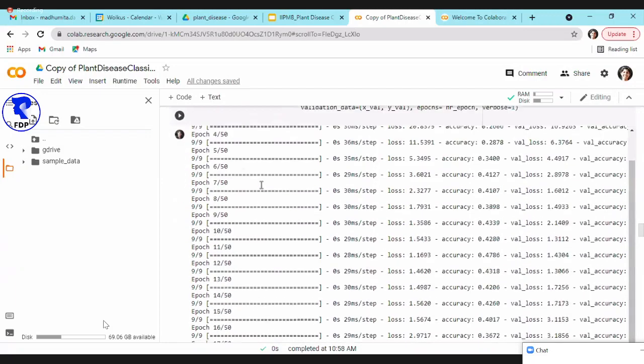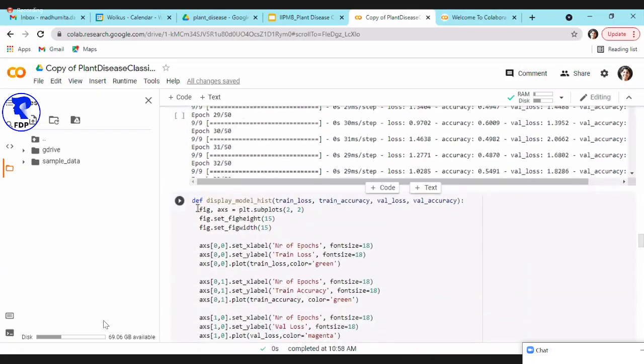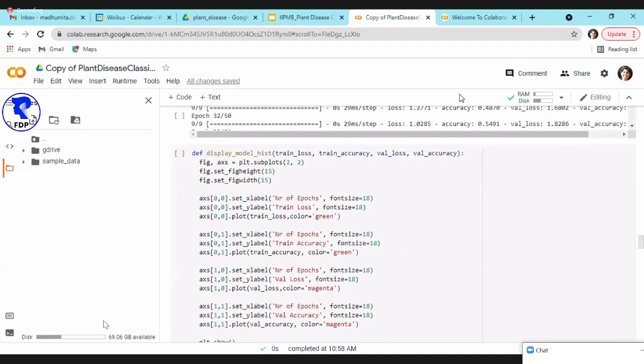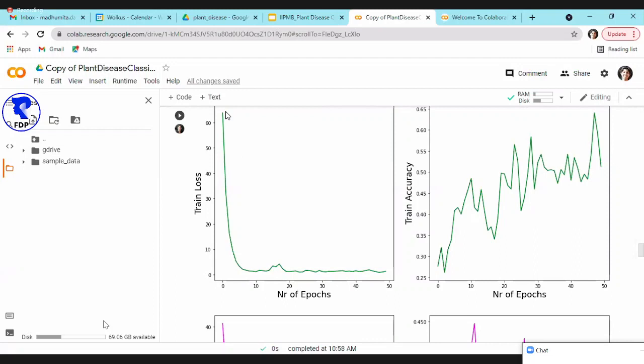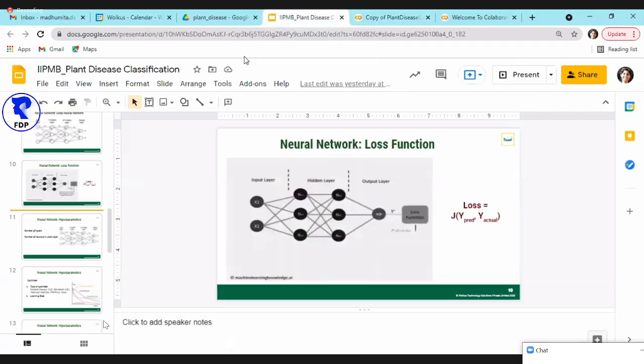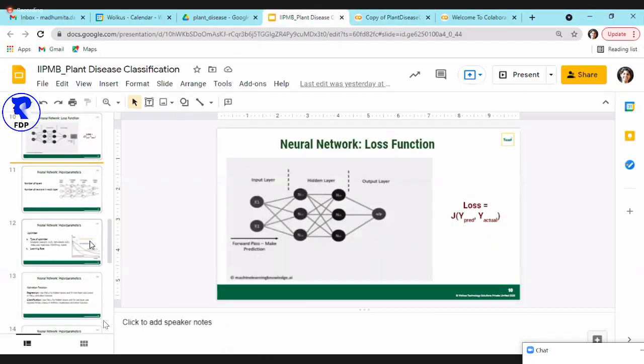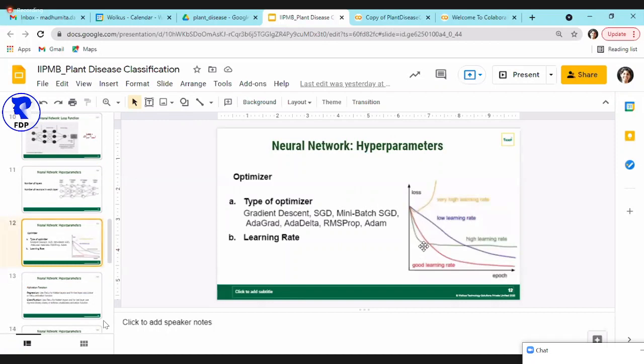Don't worry about these values. I have actually written a function here to display this data graphically. The same thing that you are seeing here in text, this function will display in a graph. So here you can see how your loss is. This is a decent optimizer. Remember, I showed you that a good learning rate should reduce like this.